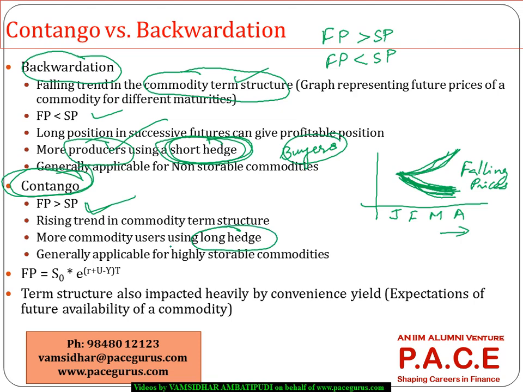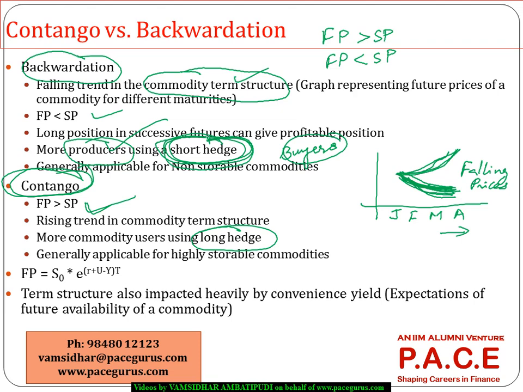From a hedger's dimension, if the majority of the hedgers are getting into a short hedge, we see a kind of backwardation position. But if we see the majority of hedgers getting into a long hedge, which means, from a consumer of the commodity perspective, many consumers want to protect themselves from rising prices in future. So if the market is dominated by more short hedgers, we see a backwardation possibility. When it is dominated by more long hedgers, we see a contango possibility.